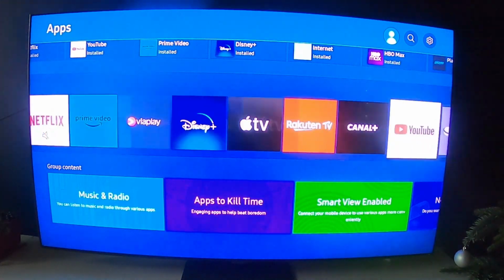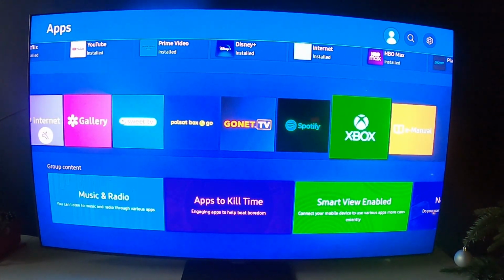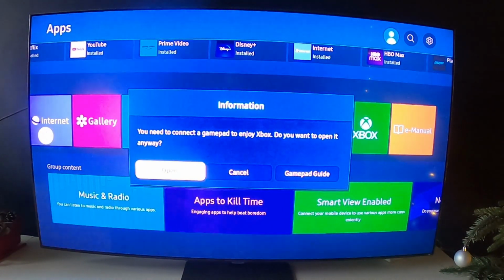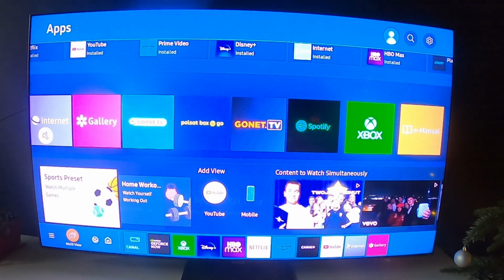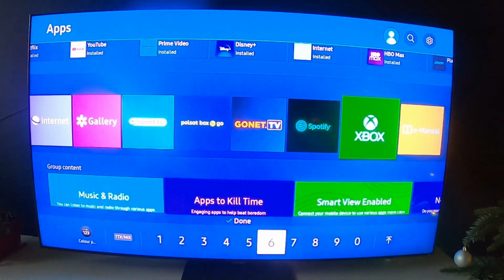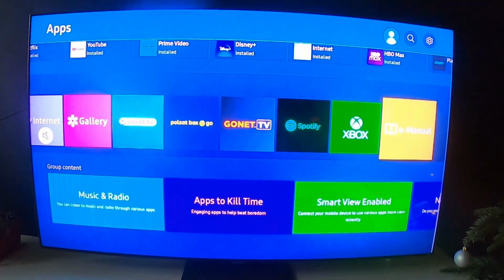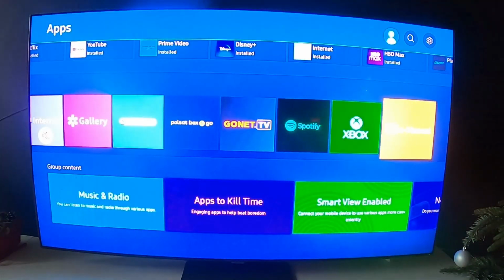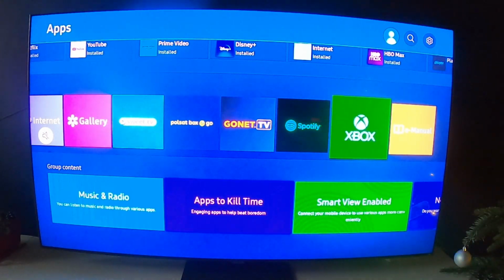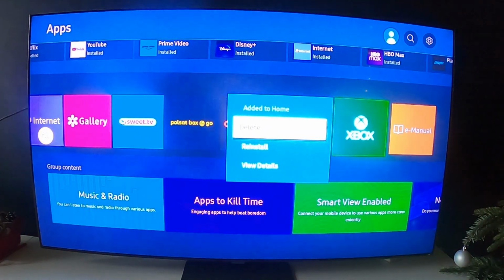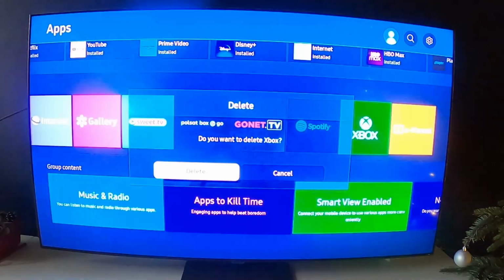If you want to uninstall app, aim for it, press OK button, press and hold OK button, and now select delete. Confirm